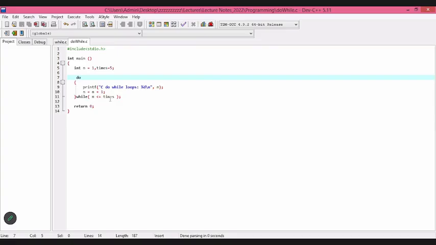2 greater than or equal to times, which means 5. You can use times, or you can put 5 directly. So this loops until n is greater than or equal to 5. When n is higher, when n is equal to 6, this condition terminates. So we'll